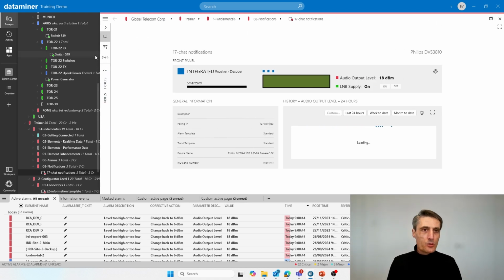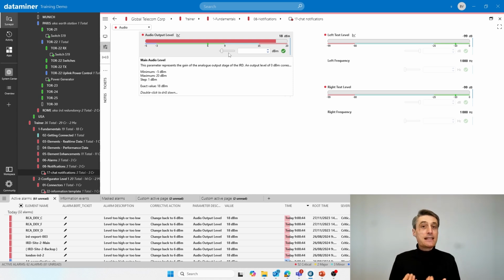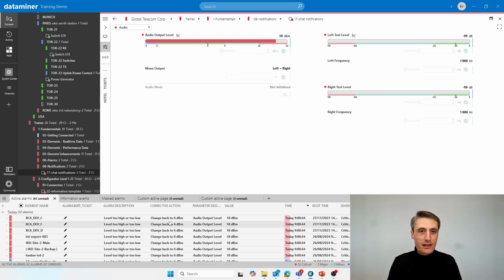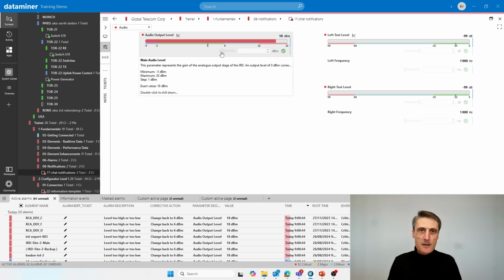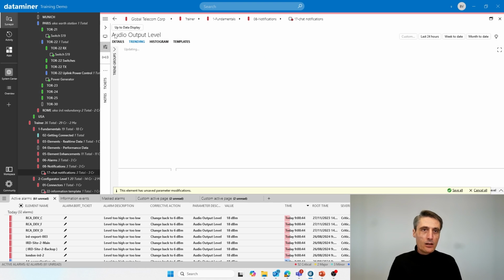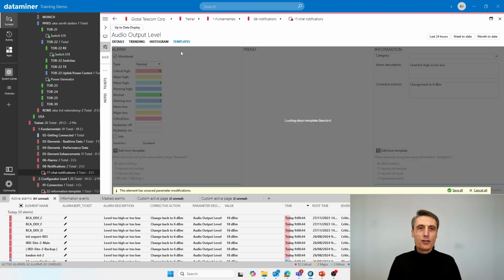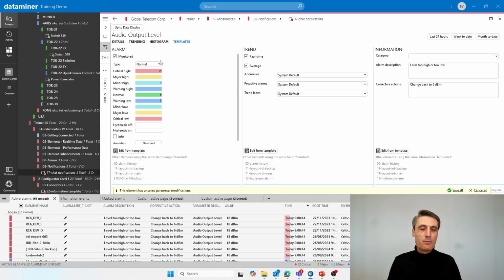So if I go to one of those elements and I have that audio output level, I can change it back to 6. But as an administrator, if I want to further tweak this and say, maybe 3 is a better value, well, you can double click on the audio output level. We have the details there, the trending, the histogram. We've seen those pages, but now the templates, we have 3 sections there, alarm and trend templates. That's for later on, but the information template already has the possibility here to change this and, for instance, change this not to 6 but to 3, and I can